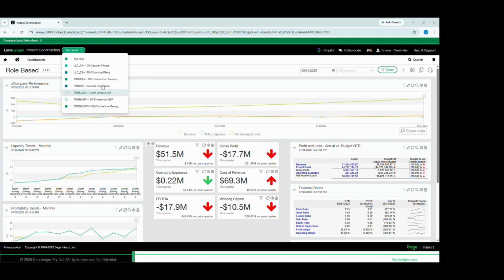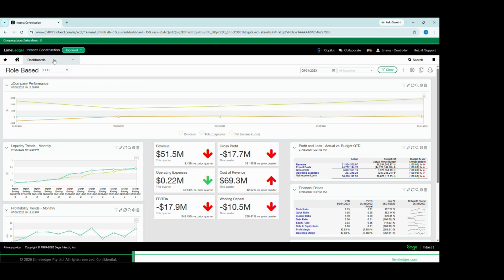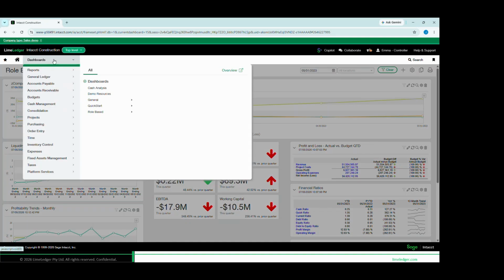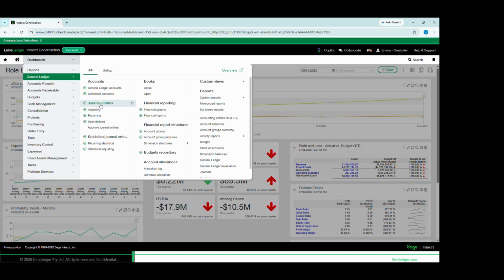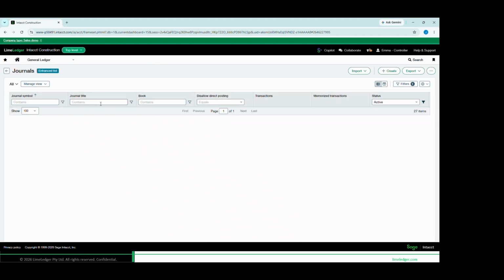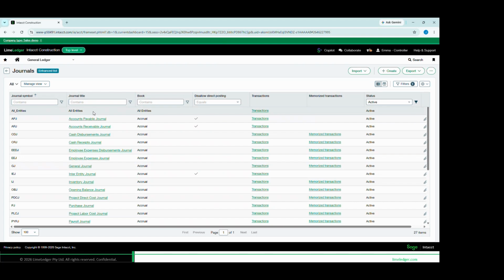So the first thing to note is I have all of my entities, separate legal entities, in a single instance with common data sets in this top level structure. What this allows us to then do is automate intercompany transactions. And we'll look at a simple example here on a journal entry, but this is a universal concept that applies throughout the system. So in this example, I'm going to pick up a general journal here,